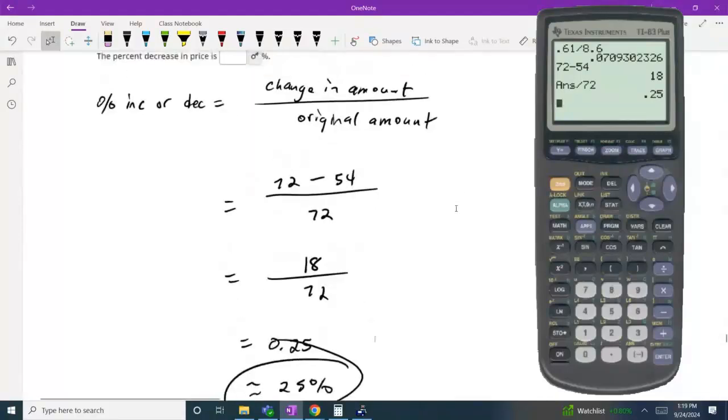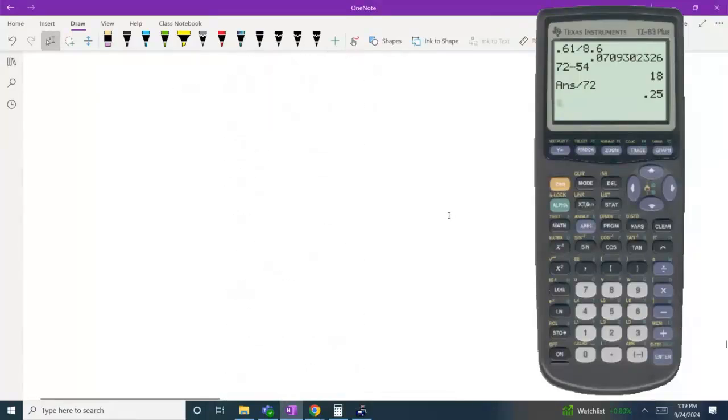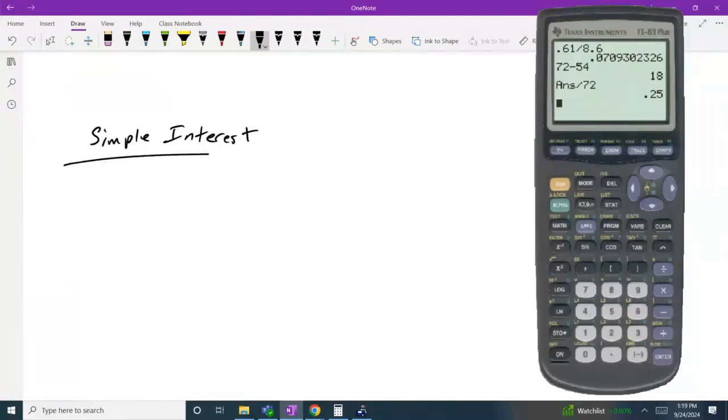All right, any questions about percent increase or decrease? All right, now the last couple of things we're going to talk about are interest. There is simple interest, and you get simple interest from banks. And the simple interest formula is I is equal to P times R times T,